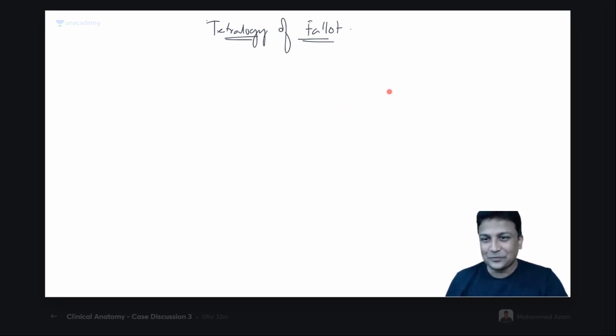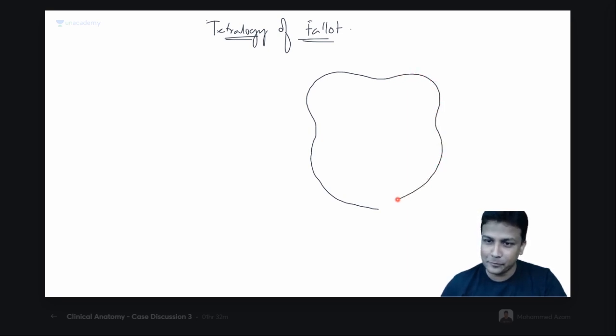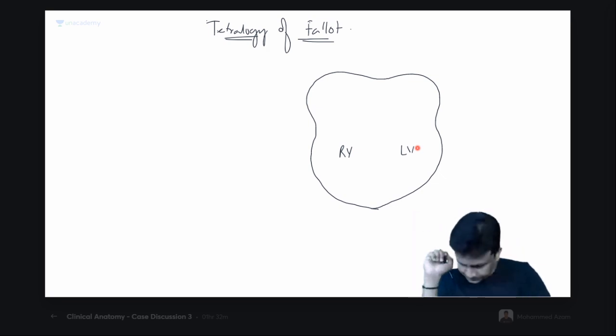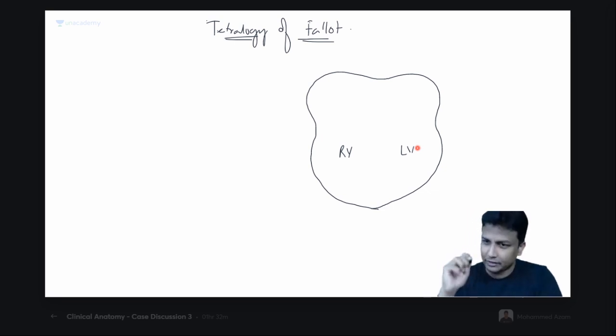Yes, welcome here, sir. I will tell you the easiest way to remember the four things. Imagine this is your developing heart. Imagine this is the developing right ventricle and this will be the left ventricle. I will not be able to repeat this again and again, my dear friends. I want you all to remember this in sequence in an easy manner. What is happening in this condition? Tetralogy of Fallot mein ho raha kya hai?